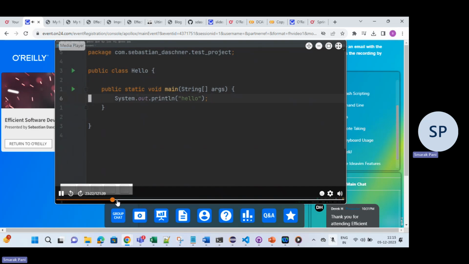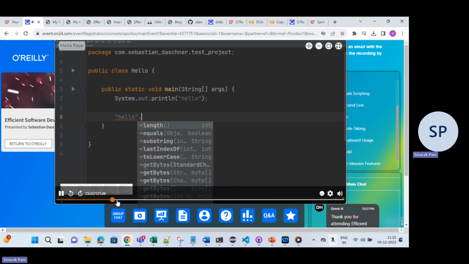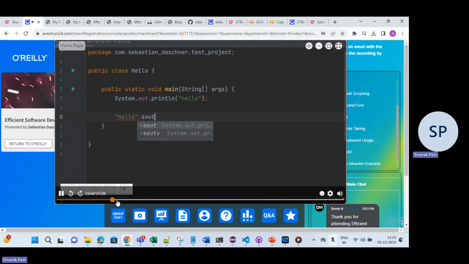There's also a nice notation, at least in IntelliJ, where you can have what is called a suffix live template. So you can not only type them just in the beginning, but also after a certain identifier. And then, for example, I can say hello dot and then sysout, which wouldn't be valid Java syntax. But if I replace this and expand it with tab, then it will wrap this in the invocation, which is really nice to write. So that's kind of cool.